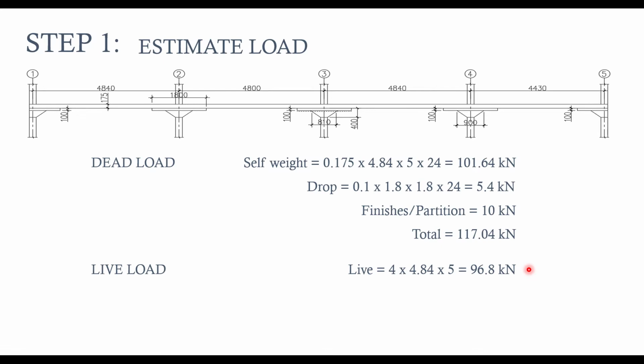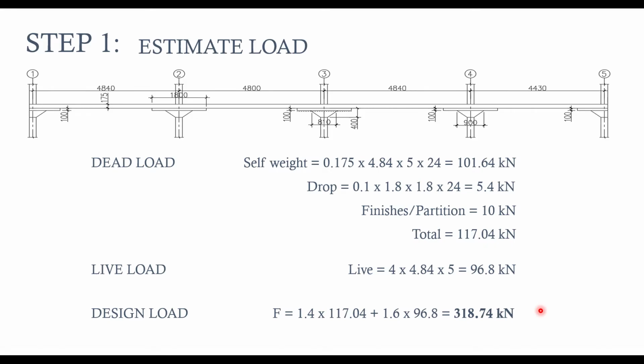So once we've established the dead load and the live load, we can now determine the design load using the ultimate combination, that is 1.4 dead load of 117.04 plus 1.6 live load of 96.8. So at the end of the day, you are going to end up with a total design load of 318.74 kilonewton. This is the total load that you are going to be having on each panel. That is for one panel, panel 3 that we are taking as an example, the total load is